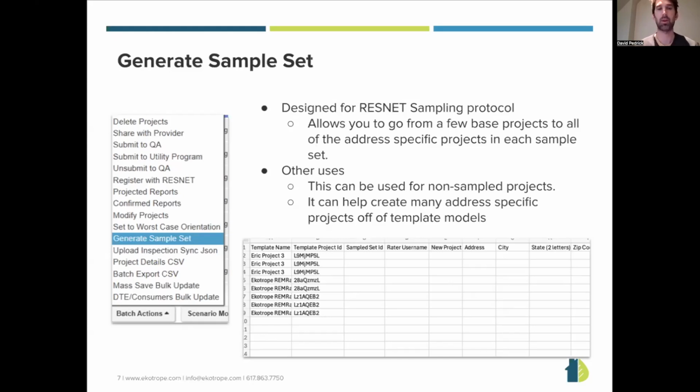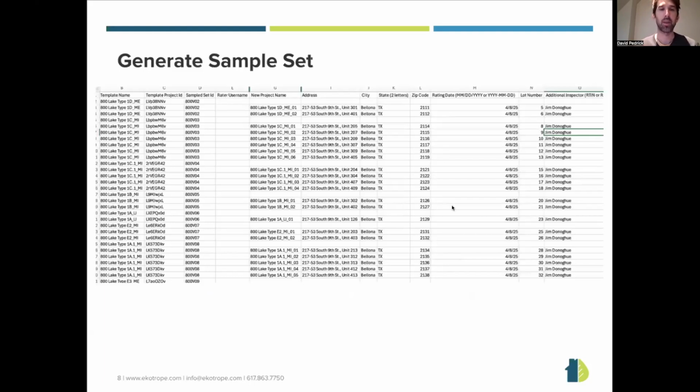And when you copy that project, specify a new project name, a new address, a new city, new raters for that project. So some rating companies will, initially we're using this for sampling, but others have started to use it for non-sampled projects. If you do have one template energy model that's going to be built 20 times in a particular subdivision, and you don't want to copy them one at a time, you can download this spreadsheet that's up on the screen now,